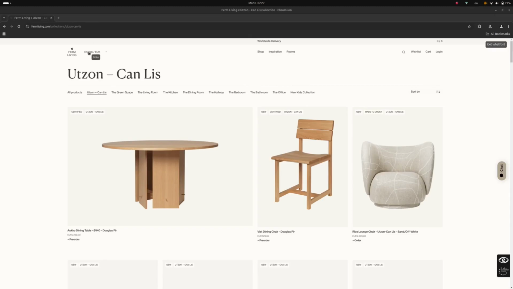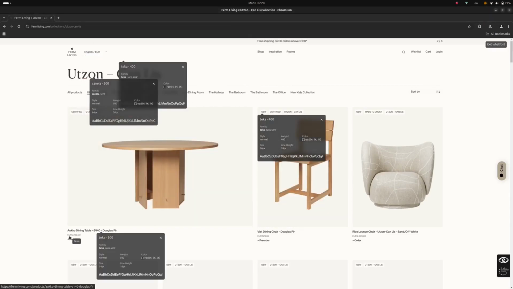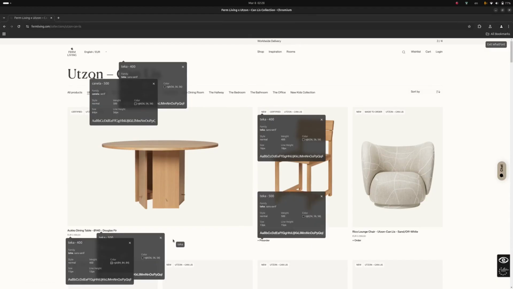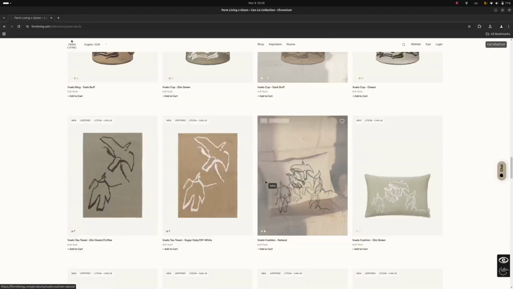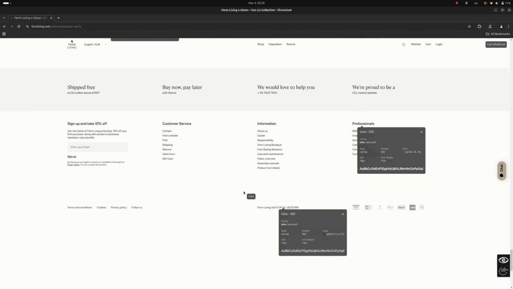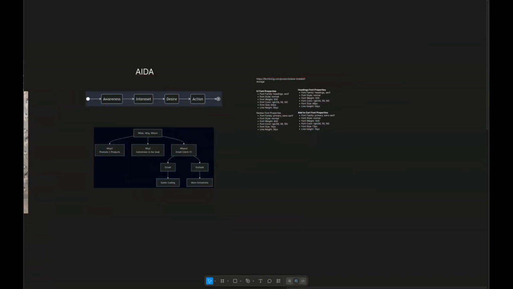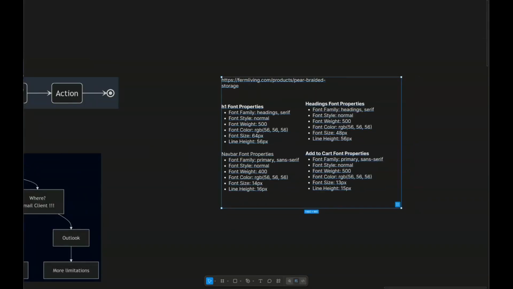For typography, I used the WhatFont browser extension to identify the font families used on Firm Living website. Now here is where I learned something important. Not all web fonts are supported in email clients. So I made a note of the brand font and planned to use the closest web-safe alternative that would maintain